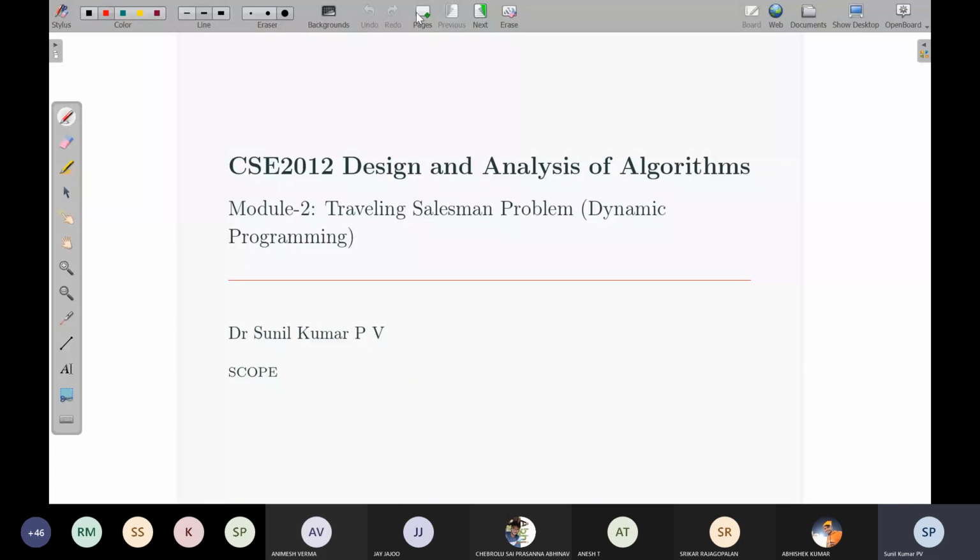This problem we already saw, and one way of solving it is the brute force approach. In the brute force approach, you have to list out all the possible paths, trace all of them first, then list the cost of each path, and finally choose the best path. So that is the idea. But a brute force solution will not always be a good idea, because if the number of cities is more, it will be relatively complex.